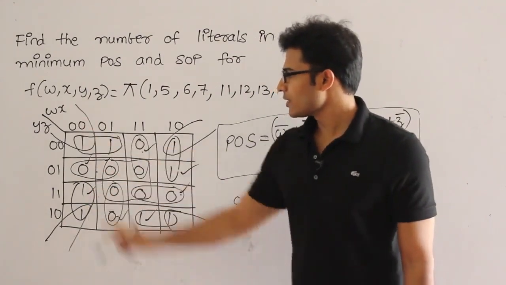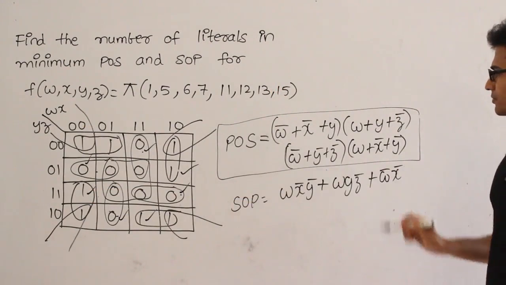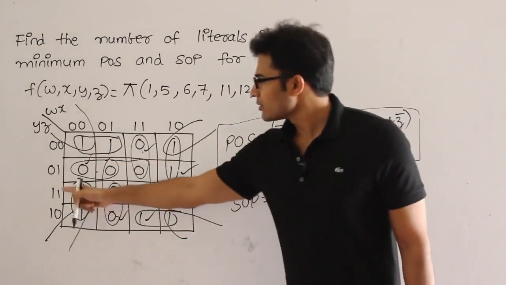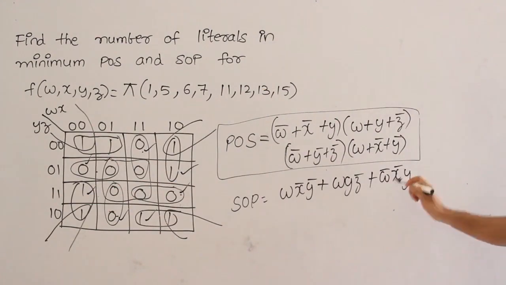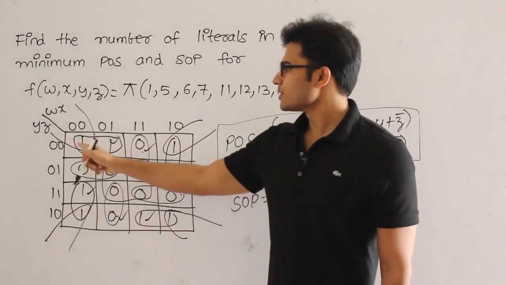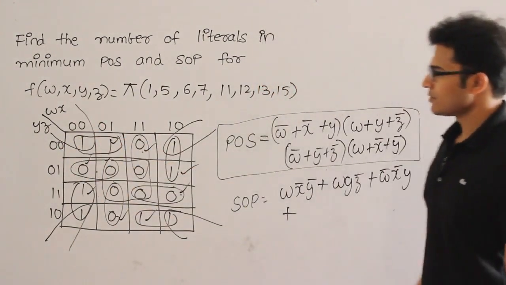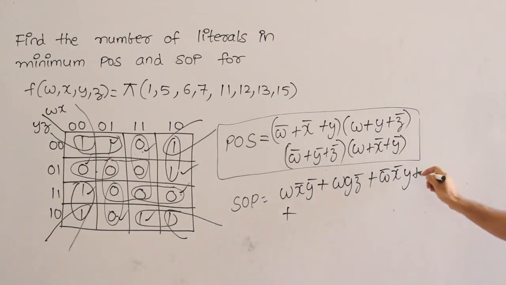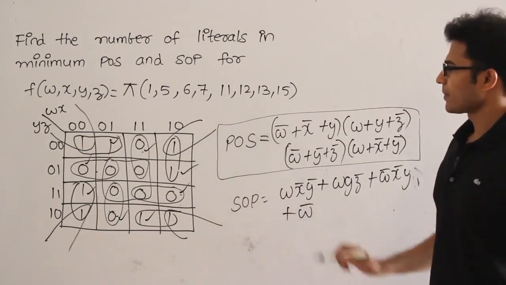In this row, w and x are not changing, therefore w prime x prime, and then y is not changing, therefore y, plus this one. If you see this, y and z are not changing and w is not changing. Since w is 0, I write w prime, and then